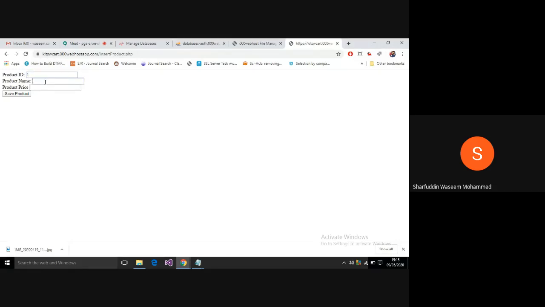I'll enter a product ID 1, like pen, the price is 5.5 for example. Anyhow, 0.5 is a later thing, but I want to show that float can also save a product. There is an integrity violation, entry 1 for the primary key. So some duplicate entry is being made.